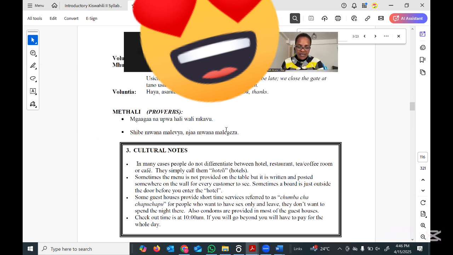And before we go to the dialogue, I want to show you some of the proverbs, ambazo zinabeba, these methali zinabeba utamaduni wa Waswahili also. When you say, for example, mgagaa na upwa hali wali mkavu, there's a lesson in it. Kugagaa is to roam around, roaming. Unagaagaa tu hapa, you're just roaming around. Gaagaa. Okay? So upwa is